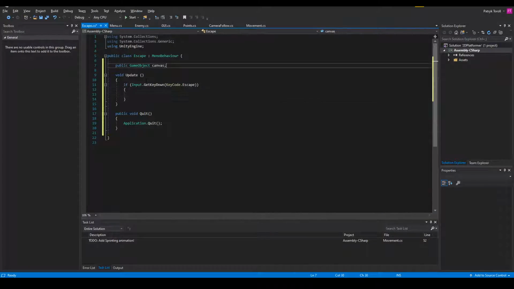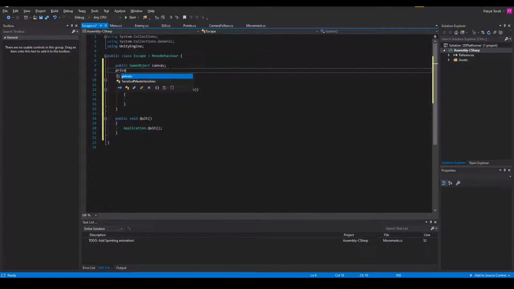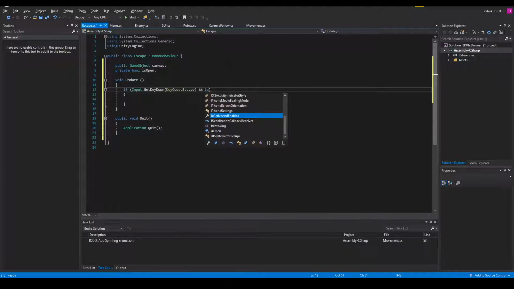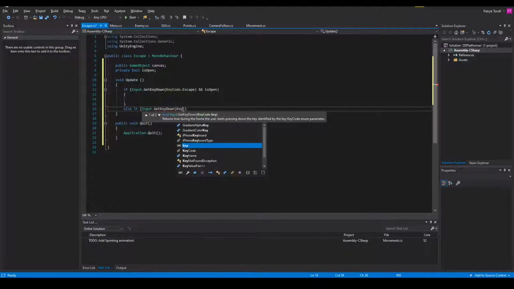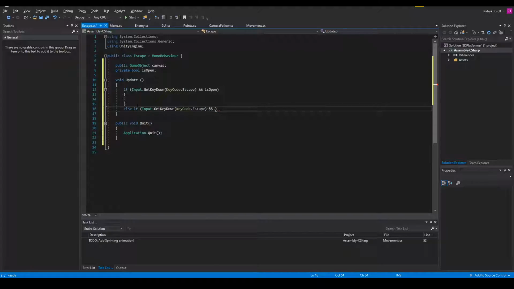Okay, so we also have to check a private bool is open. So if he hits escape and is open, so if it's open, then we have to close it over here, and else if Input.GetKeyDown(KeyCode.Escape), and